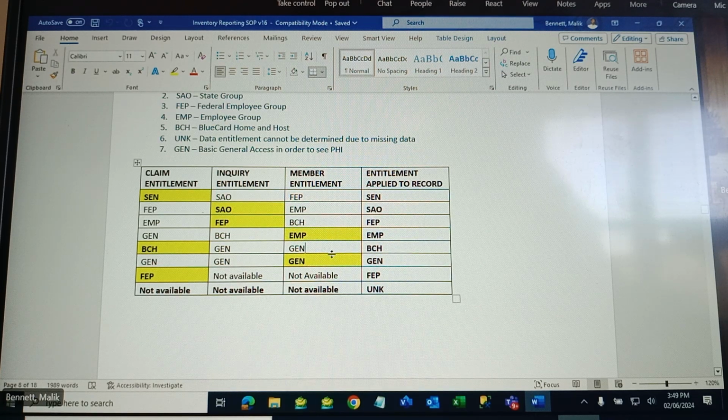Well, just one quick question. I'm looking at that second row. So claim entitlement FEP, inquiry entitlement SAO. Second row. Okay. Yep. I guess my question is, did FEP approve this? I mean, basically we're saying that if you get an FEP claim,